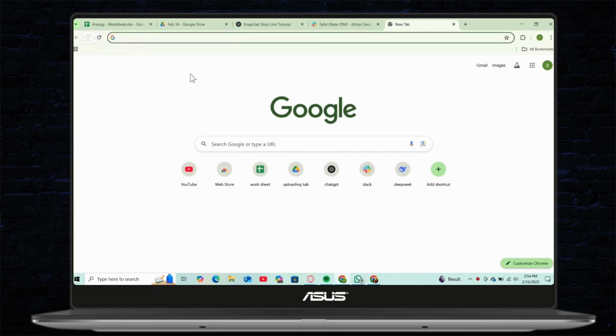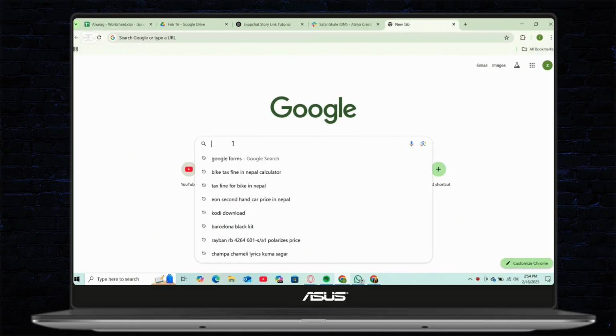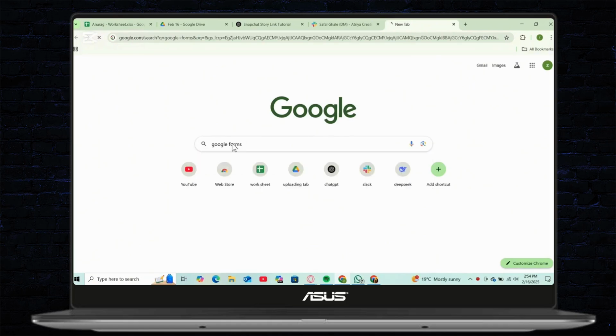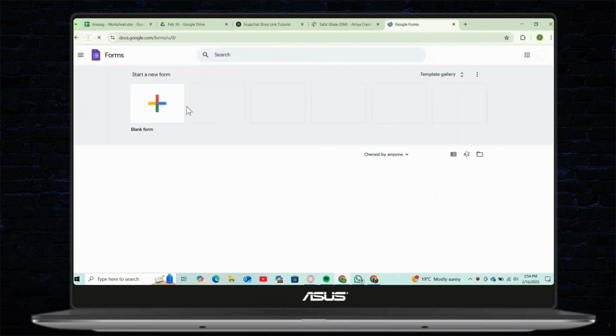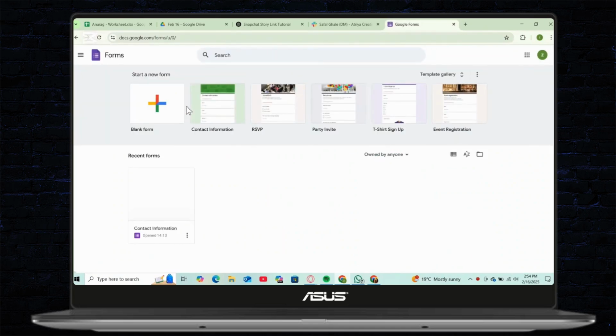In today's video, I'll show you how to create a Google form with a photo upload option. It's a simple process, so without further ado, let's get started. So first thing first, go to Google Forms and sign in with your account. And once you are in, either create a new form or select an existing one where you want to add